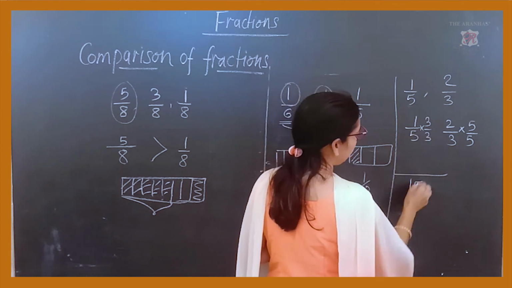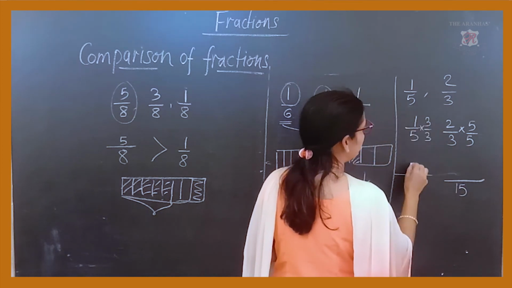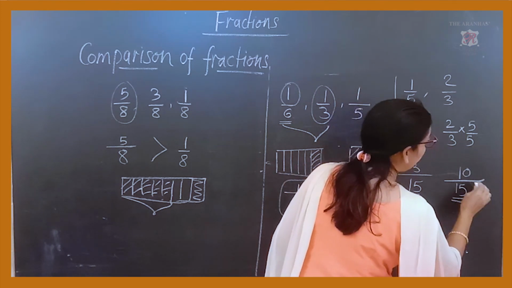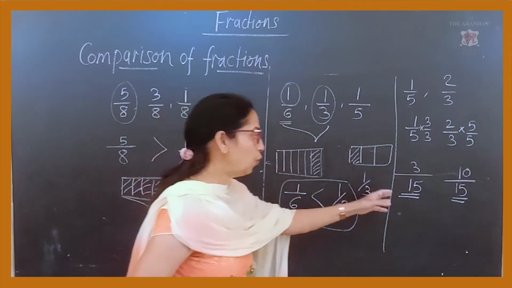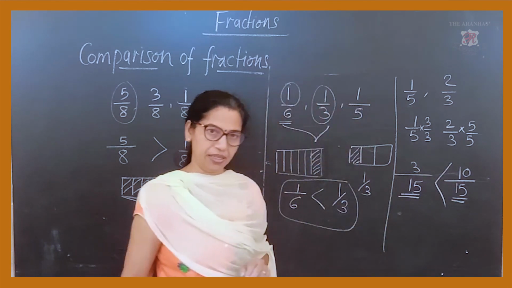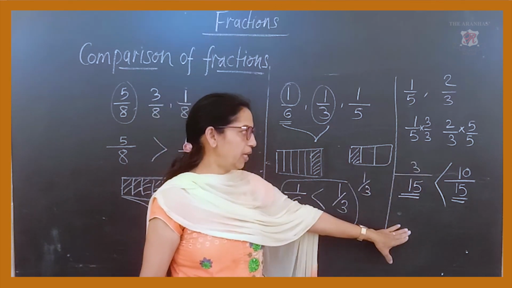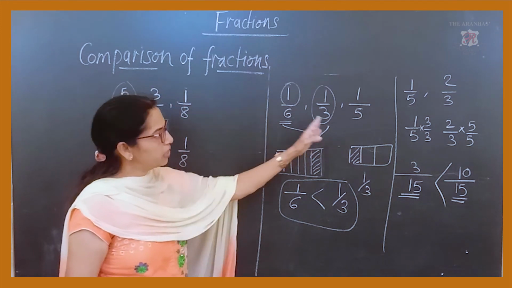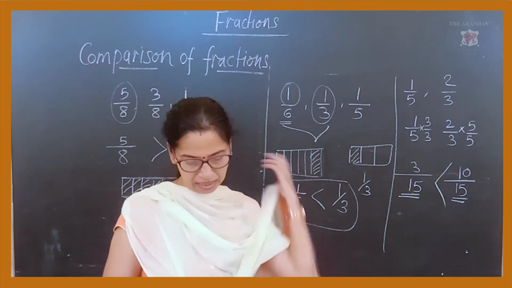So 5 3s are 15, and here again 5 3s are 15, you can write 3 1s are 3, 5 2s are 10. Then both the fractions will have equal denominators, and here out of 15 you can easily find out this 10 is the greater one. I hope children you must have understood by this way which fraction will be the greater, which will be the smaller. So easily you can compare. So next time we will see about the